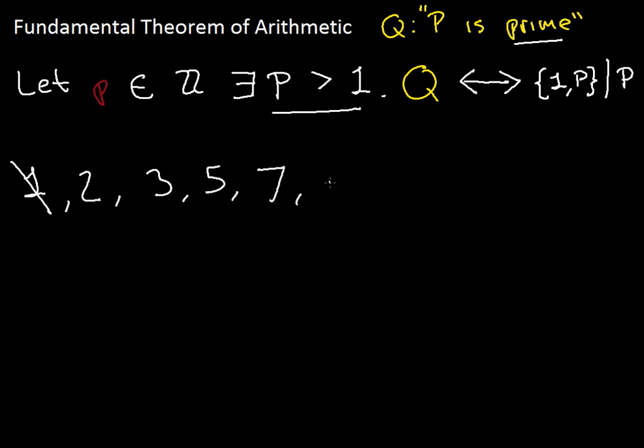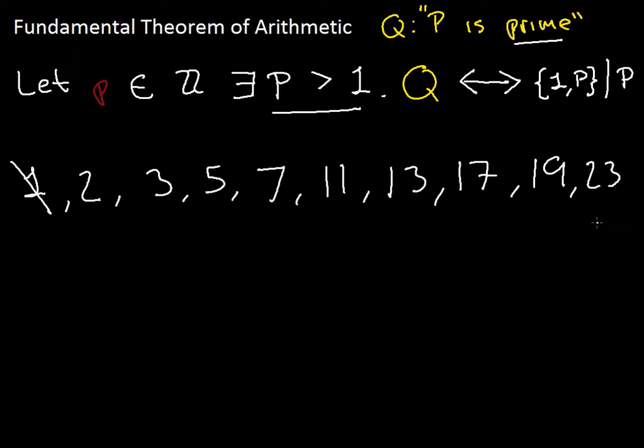So the next one, 8, no. 9, no. 10, 11. 12, no. 13. 14, 15, 16, 17. 18, 19. Remember, no evens can be prime except for 2, because by definition an even is divisible by 2. So 19, 21, 22, 23,